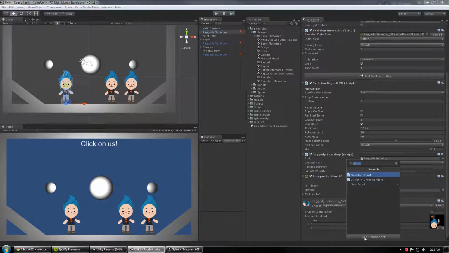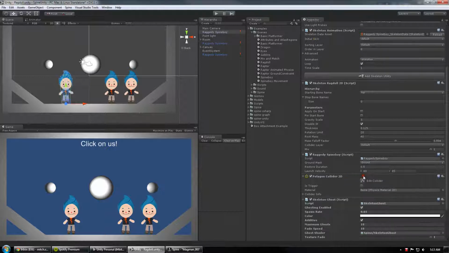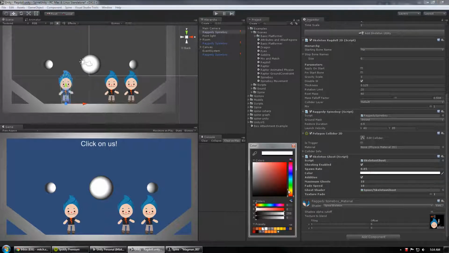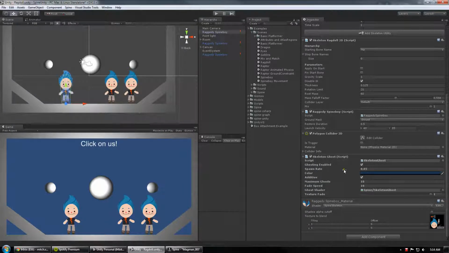But the idea is you take an object that's got a skeleton animation or a skeleton render on it at least, and you add skeleton ghost script to it. And then you choose a color. Let's pick like a Spine Boy blue, I guess. Bring it darker. So there's a few options in here: spawn rate, color, whether it's additive or not, the maximum